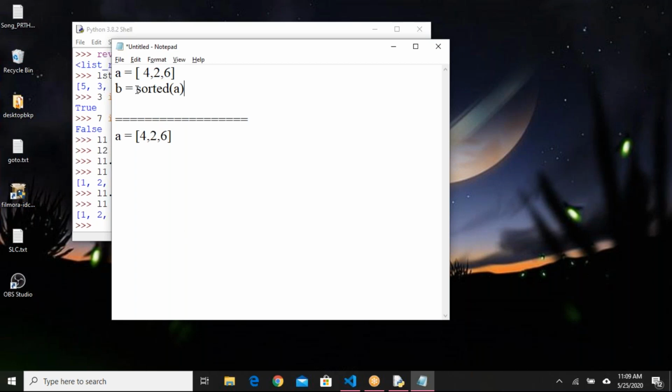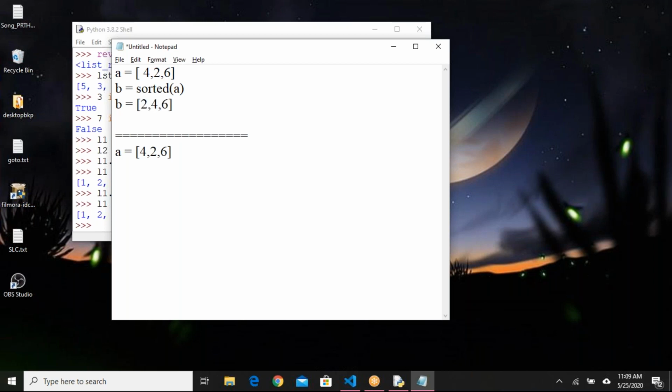So what happens here? It is a function, a method. What is the input for this one? The list is the input. It will perform some operation. It will take some temporary list, whatever it does, let it do. It will give an output like b equals 2, 4, 6.